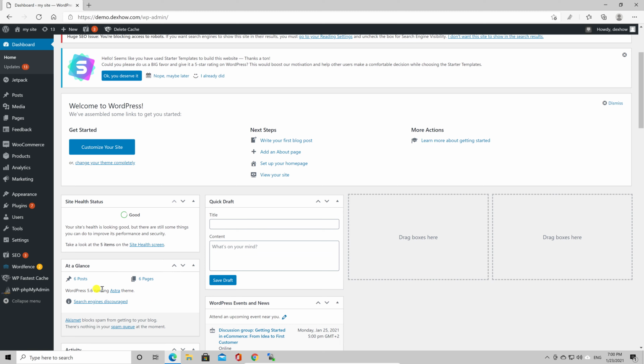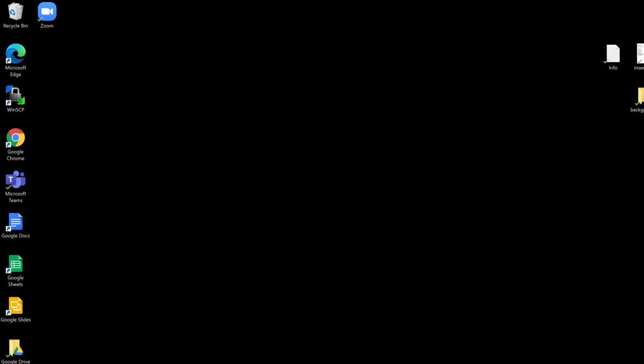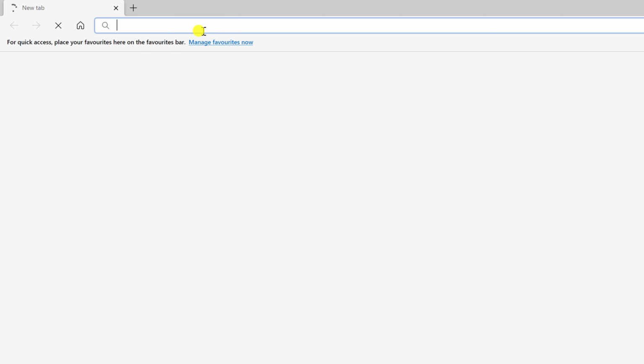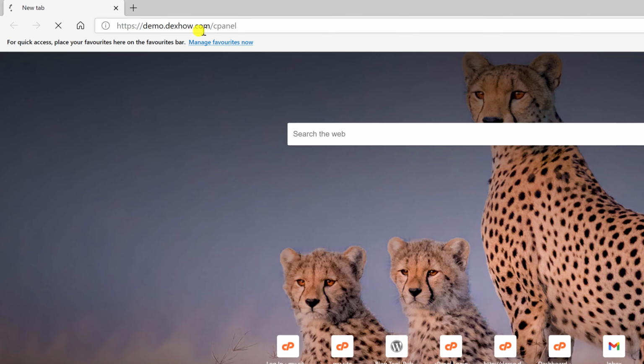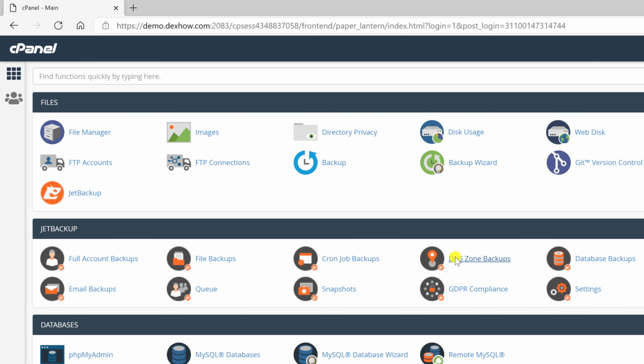But how can you upgrade WordPress with a cPanel account? We will close all windows and reset the install now. Open the browser. On the browser, enter into your cPanel account. You can do that by going to your domain name /cPanel. Log into your cPanel. Click on File Manager.